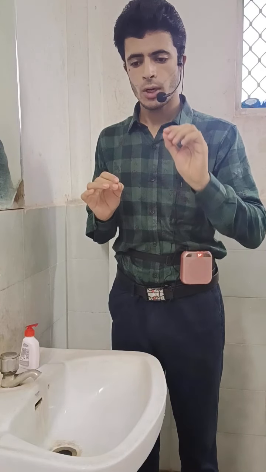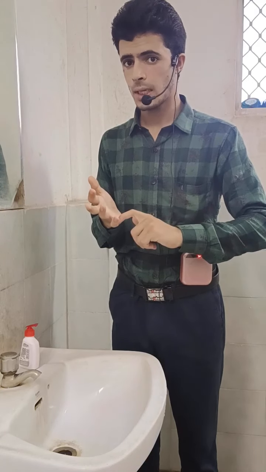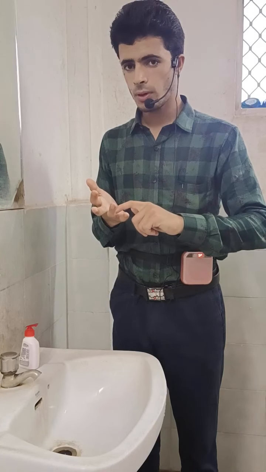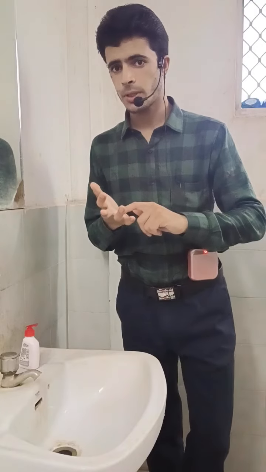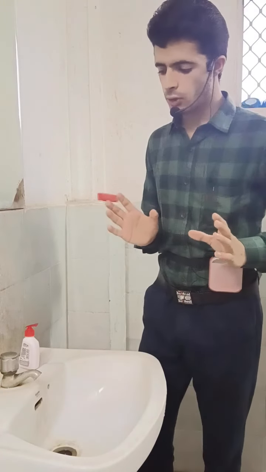So I told you the medical procedures we are going to do. Suppose in medical asepsis, before we are going for tube feeding, when we are giving tube feeding to the patient, we are doing medical hand washing. So that is also medical asepsis. Before we give medication to the patient, we are going for medical hand washing. That is also medical asepsis. So today I will show the different steps in medical and surgical asepsis.